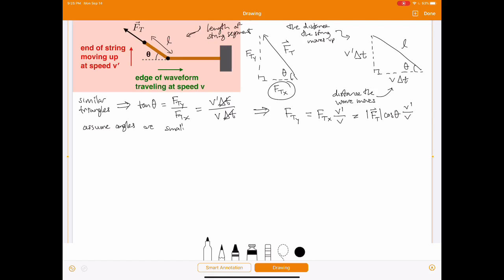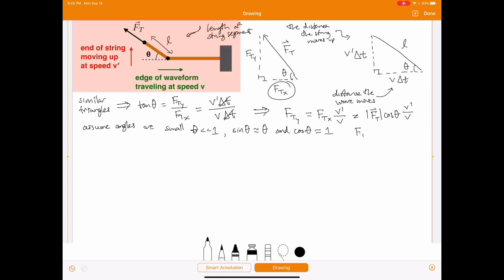In other words, we're making what's called the small angle approximation, where theta is a lot less than 1. There are two things we can get from this. First, sine theta is approximately equal to theta when you're dealing with a very small angle. Also, cosine theta is approximately equal to 1 when you're dealing with a very small angle. So therefore,